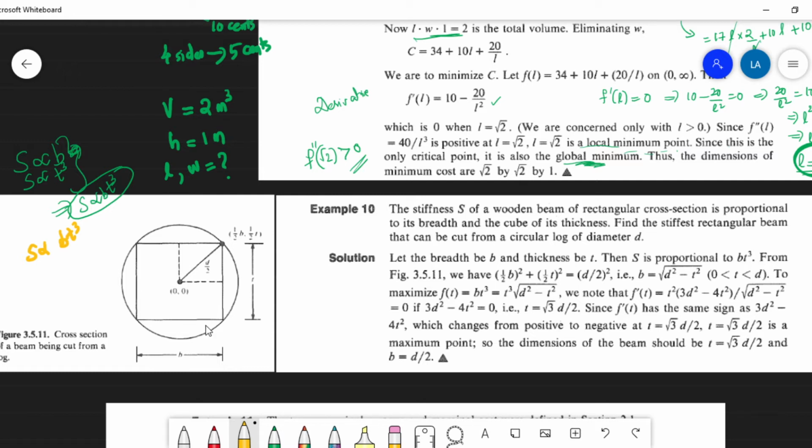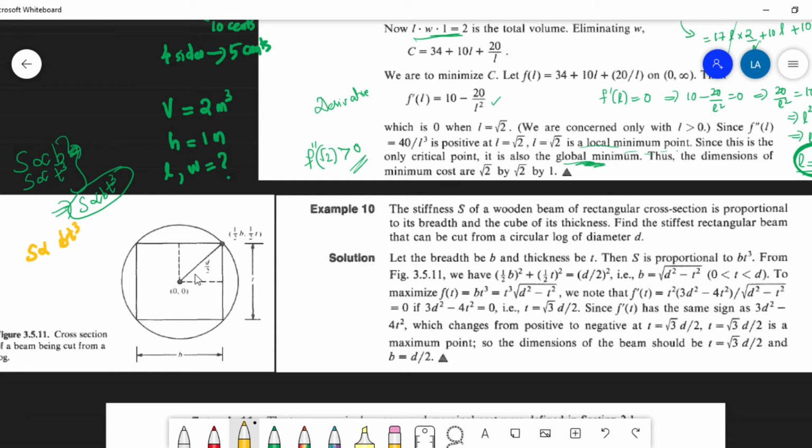Okay, and then you can see the figure here. So you have the cross section of the beam being cut from the log. Okay, the log is like this. Definitely you know that the log is a kind of circular shape, right? And the wooden beam is being cut from the log. Okay, so that is given here, and from this, suppose this is the breadth and this is the thickness of the wooden beam. Then